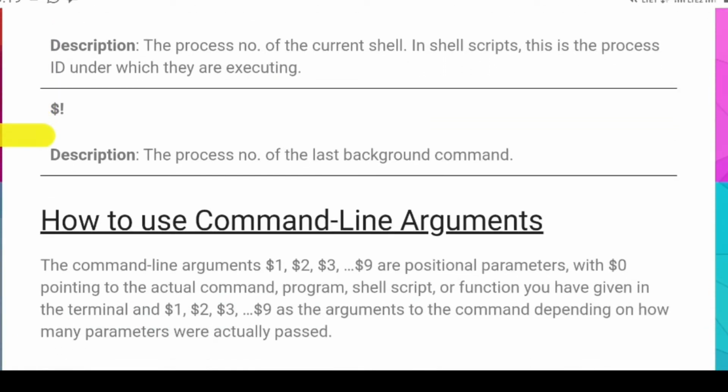And $! is used for the process ID of the last background process.